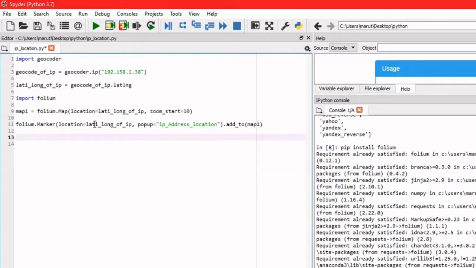so that we can open this file later in the browser and we can exactly see in the map where the location is. So first we need to save this map. So I will save this map1, map1.save,